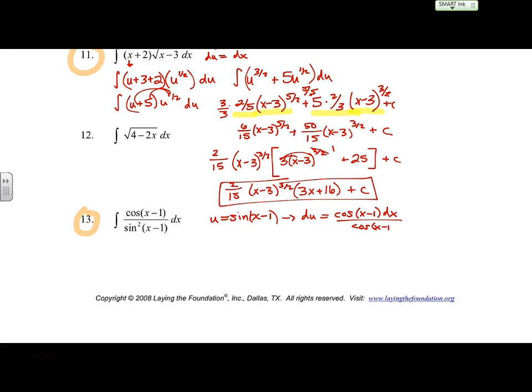Do you guys see what's going to happen to the cosine? So if you want to use u sub, you could have gone that way. You've ended up with the integral, cosines cancel, u to the -2 du. Do we not get rid of u prime? Oh, just one. Never mind. Or you could have seen that this